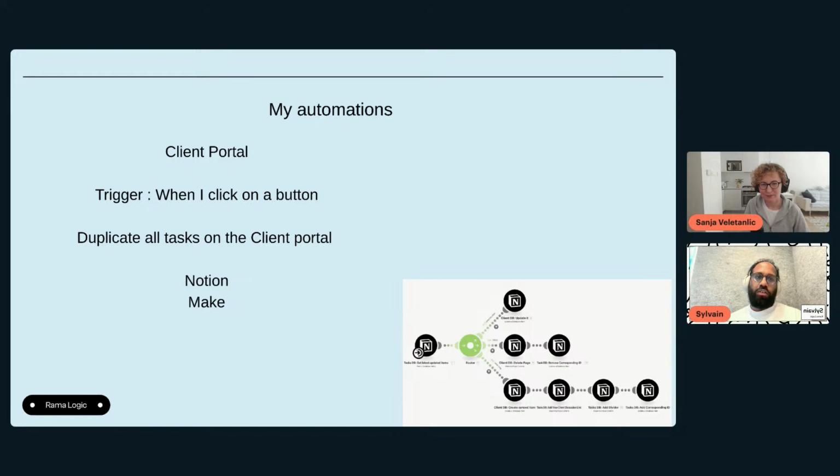So it's critical. It can be tricky, because sometimes you have a universal database for the task, and this database is linked to different customers, and sometimes you want to share this task with your specific customer, but you don't want your customer to see all your tasks. This is a huge limitation right now with Notion.